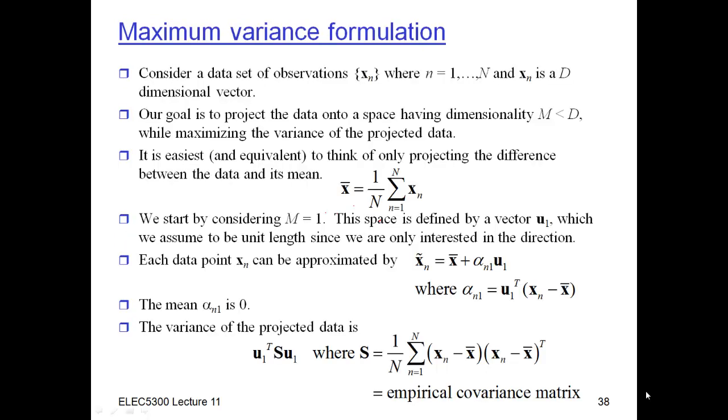Let's set up the problem first. Again, we have observations x of n, where I have capital N of them, and each one of these is a d-dimensional vector. My goal is to represent each of these d-dimensional vectors with a smaller number of parameters m, and I want to make sure that I can do this while maximizing the variance of the projected